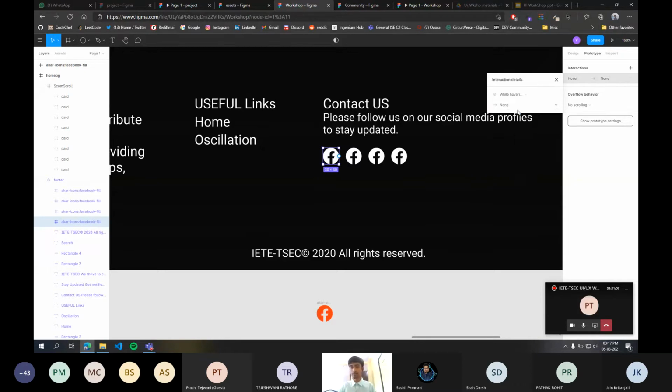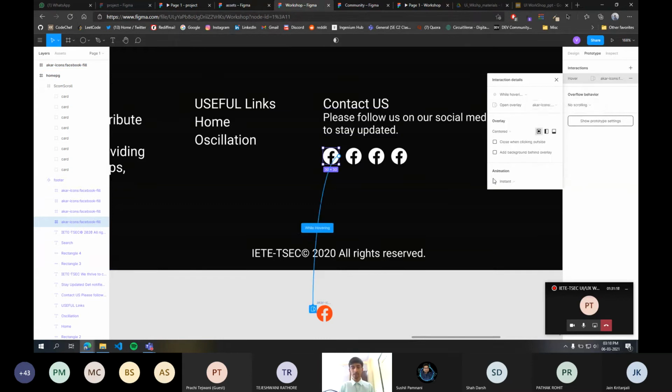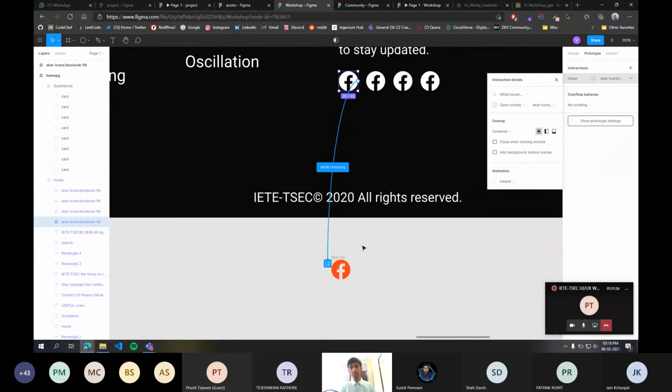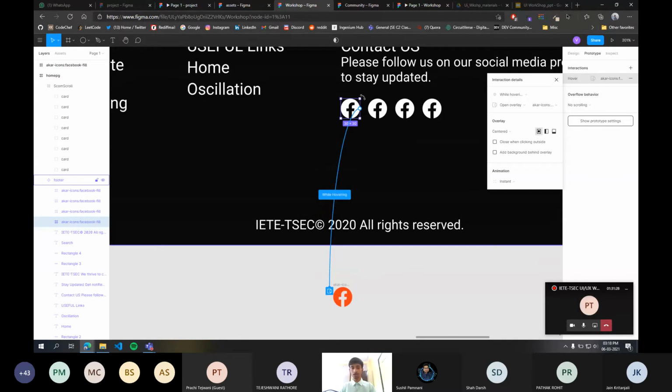So select while hover and click on this none to open overlay, which means open overlay of what? Open overlay of this frame. So now this means that when you hover over this icon, this orange frame will open over this white icon's frame.